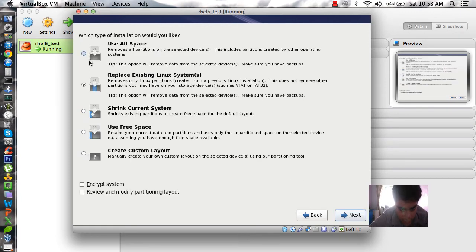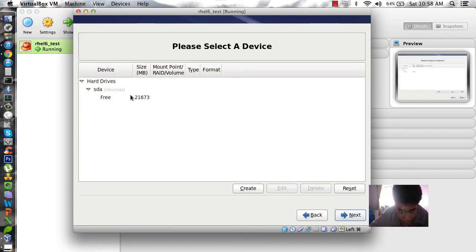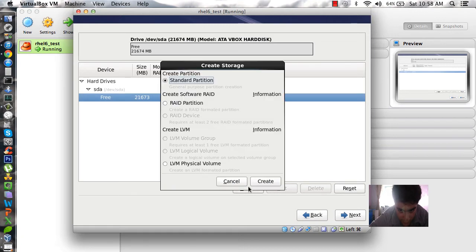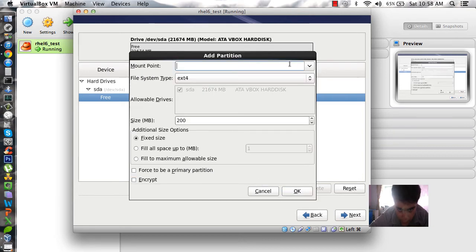Now this is the partition option. For this video I'll be creating a custom layout. For a basic system, we can have three basic partitions: root, boot and swap. However, boot can also be kept optional, so I'll be using root